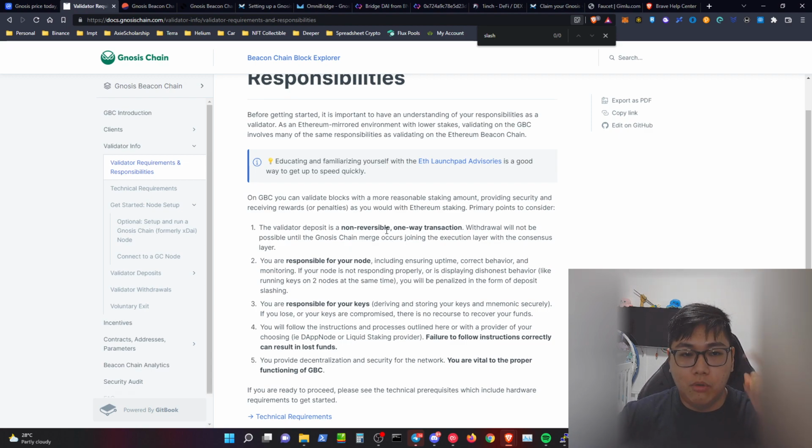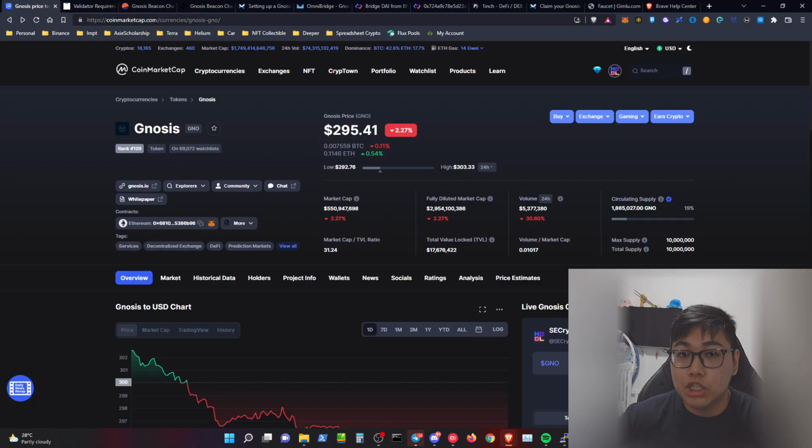So if you put in one GNO over here, I would say $300 is cheaper than running the Ethereum node. Ethereum itself, you need 32 worth of Ether, and from there, 32 times $3,000 is freaking a few $100,000 to run one Ethereum node, and I would say that it is not for everybody. But of course, for Gnosis itself, it is definitely for whoever can afford the Avado. And once you afford this Avado, the promotion right now is that they'll give you one Gnosis token, which is a $300 slash off your purchase, and I would say it's a freaking good deal to get your Avado right now.